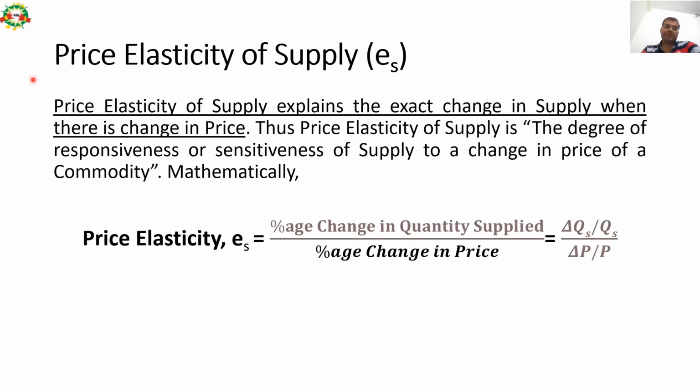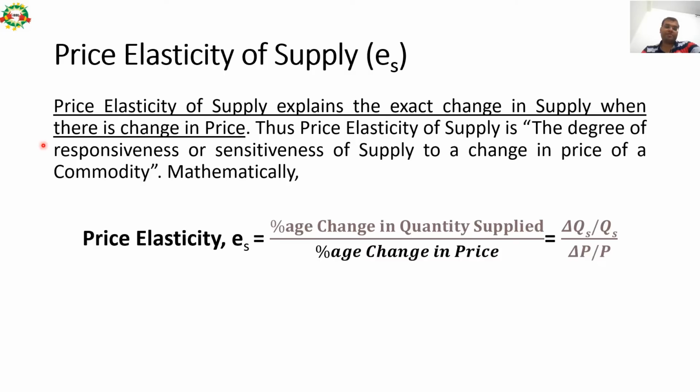Price elasticity of supply. This is the third concept. Price elasticity of supply explains the exact change in supply when there is a change in price. Thus, price elasticity of supply is the degree of responsiveness or sensitiveness of supply to a change in price of